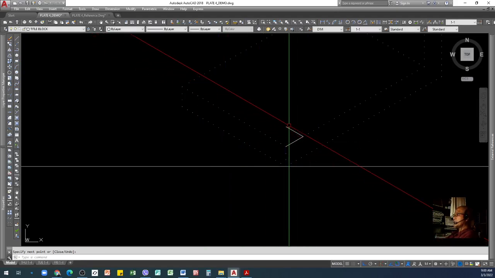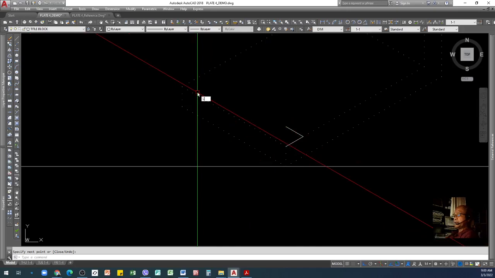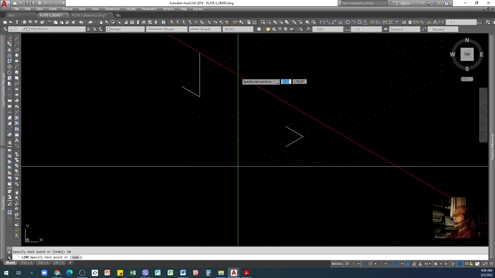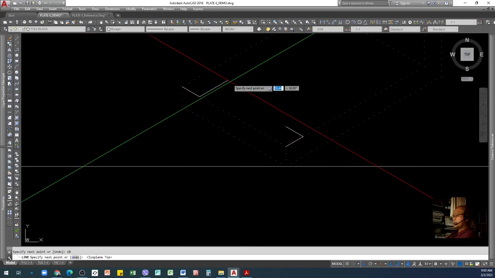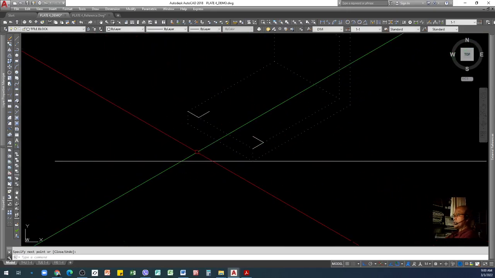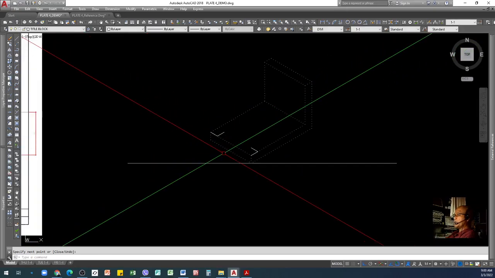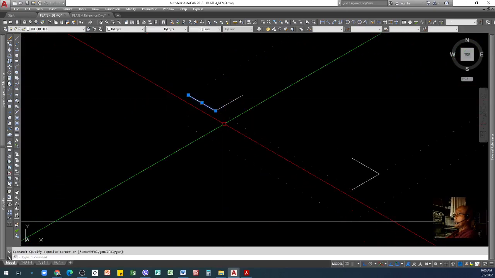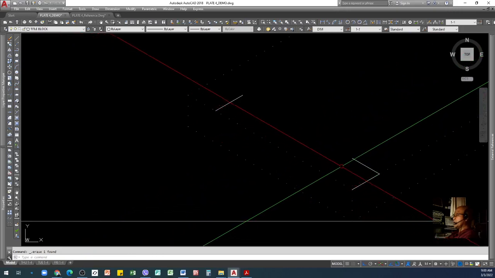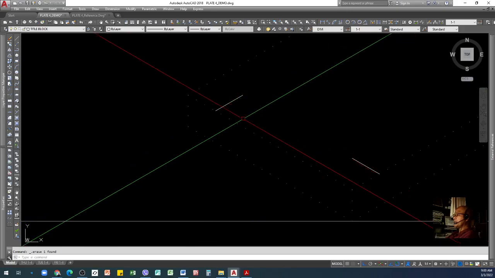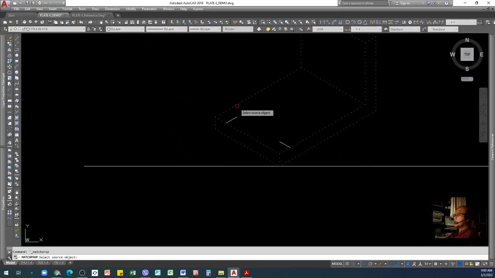So that's the center of our ellipse. Then here 10. Then we need to go to the other side 10. That's the most important thing for the isometric ellipse. You need to locate the center. So we don't need this one, and we don't need this one. The center of our ellipse is here and here. Okay, so just take note.